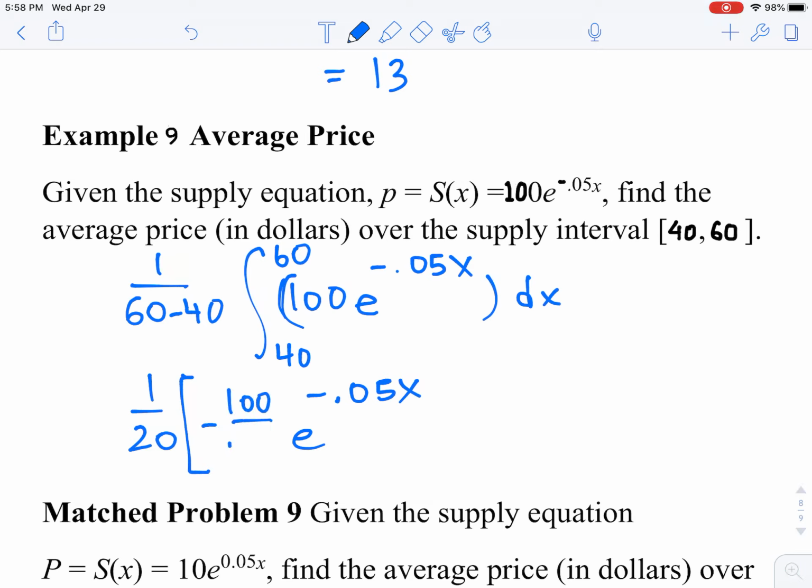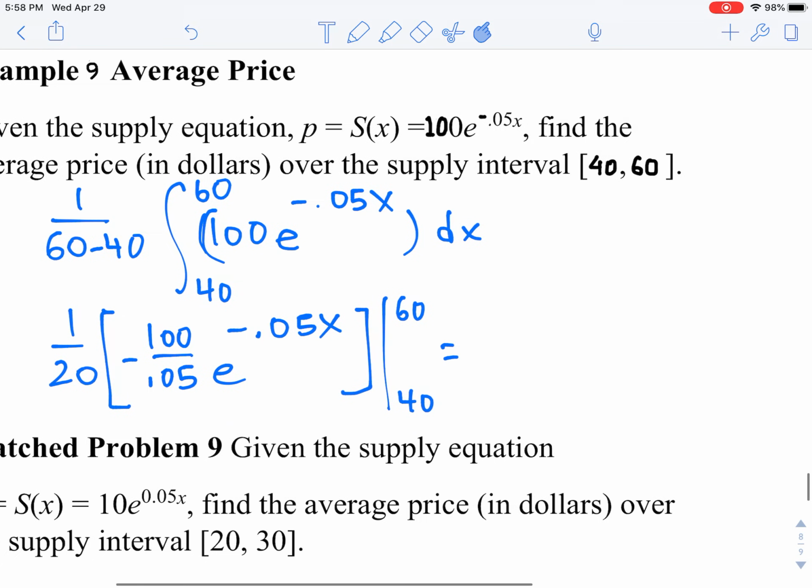So negative 100 divided by 0.05 from 40 to 60. Okay, 100 divided by 0.05 is 2,000. So it's going to be negative